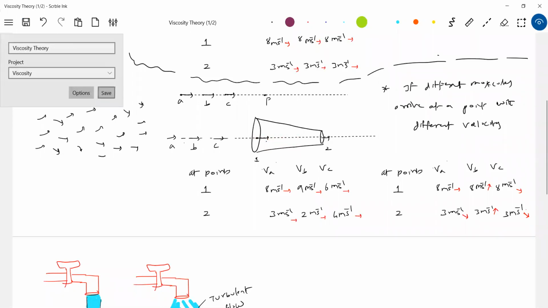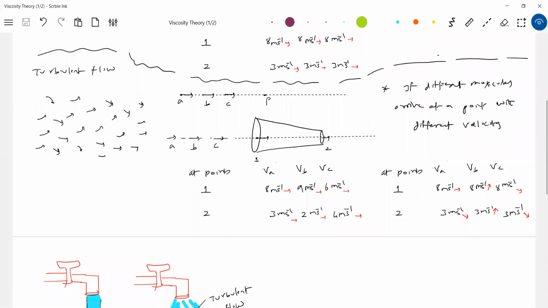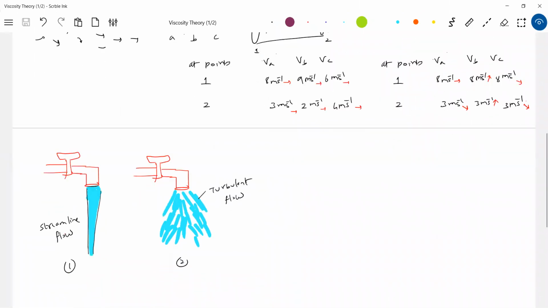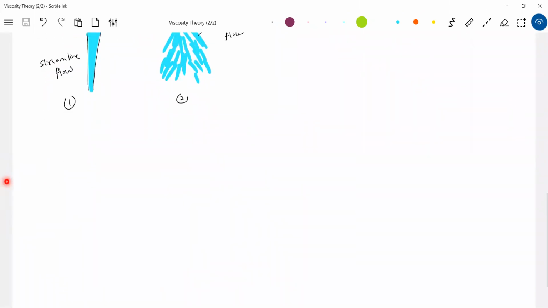Fine. So this is the basic background we have set up here. Okay, now we are starting viscosity. If you look at the liquid,